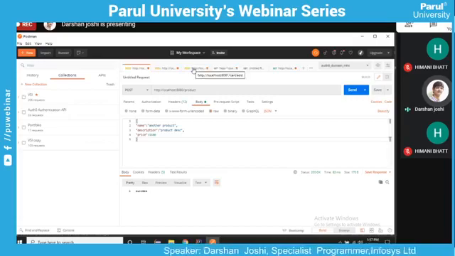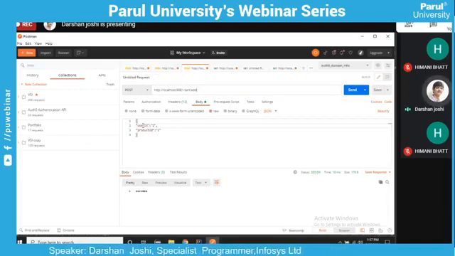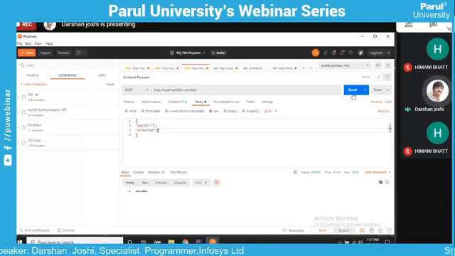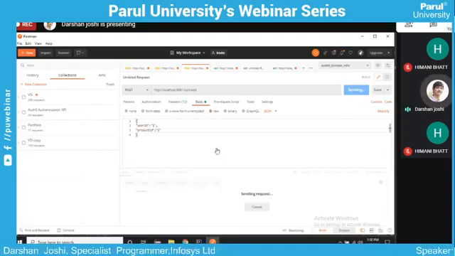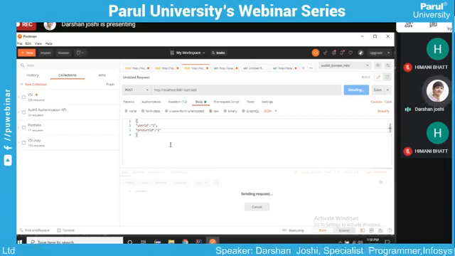Let me quickly show what is implemented in the cart service. Here we've added a POST request to 8081/cart/add and pass the user ID. We'll add one user ID with product one. We've already added two products, with ID 1 and ID 2. For now, we are just mimicking the user ID, so it is not a real user ID. We'll only use one product ID, so it will add one product to the cart.